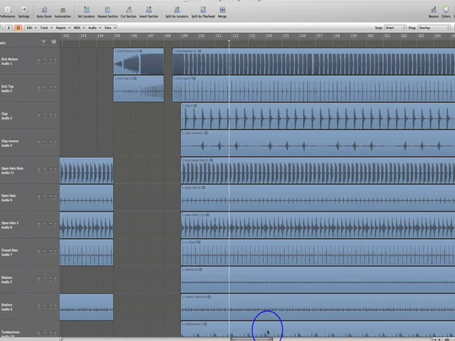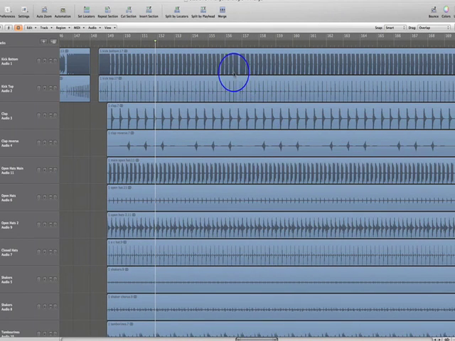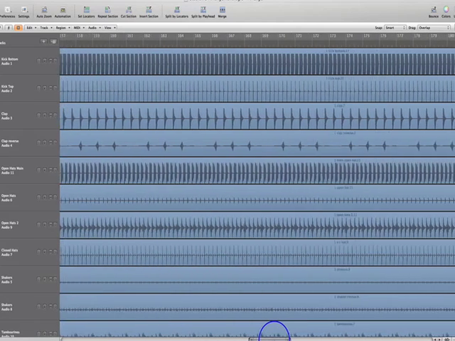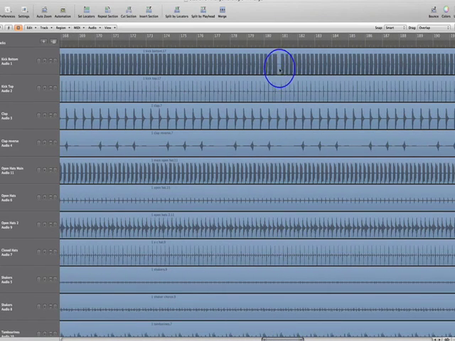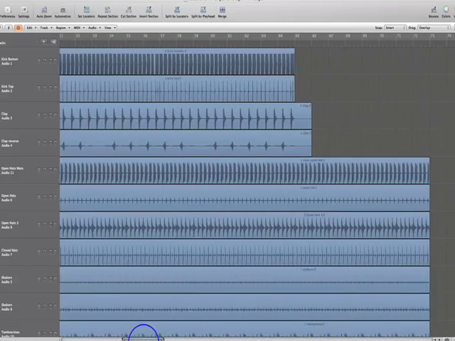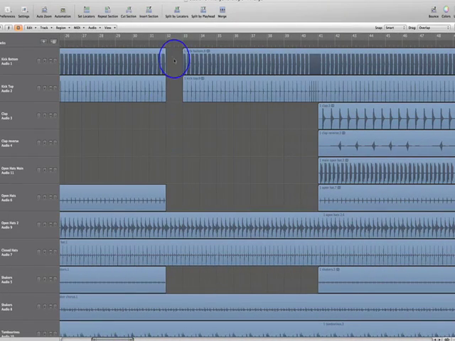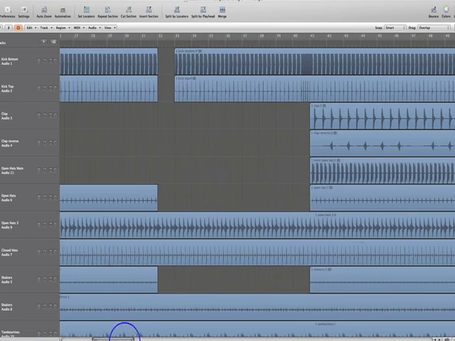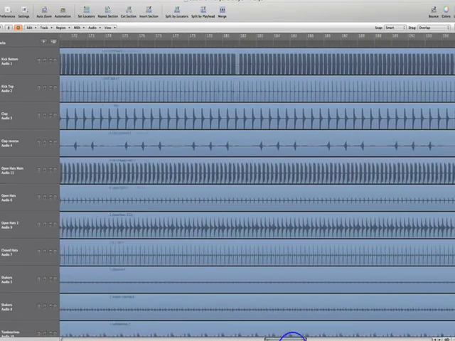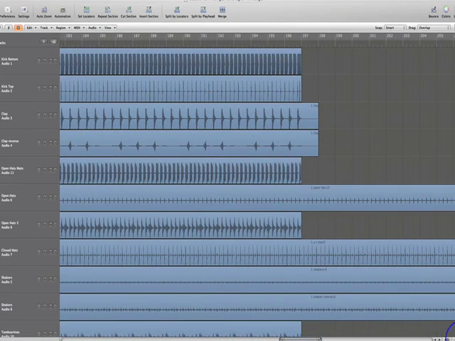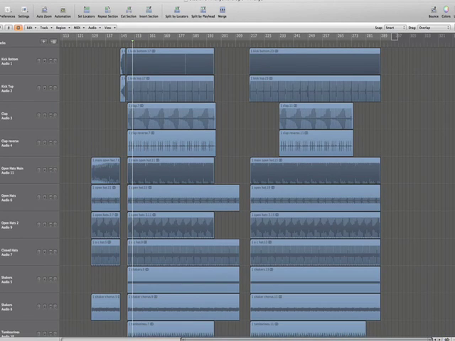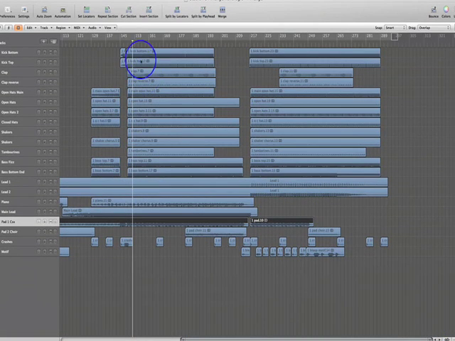Now, importantly, we used that sort of kick method a number of times throughout the track. In this main section, and to keep the continuity, we remove the kicks as we did earlier down in the mix. Just to help keep some continuity in the mix. Now, our lead section plays.